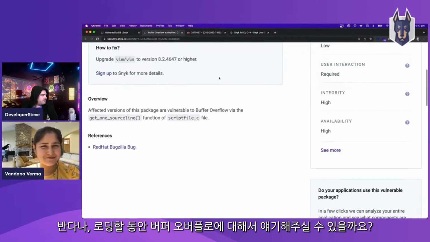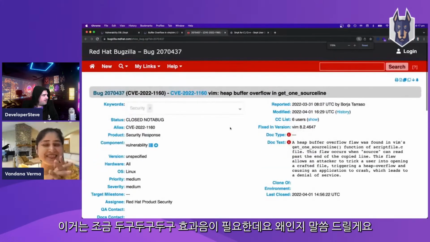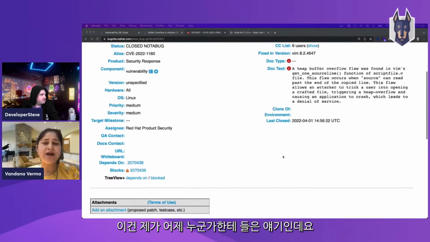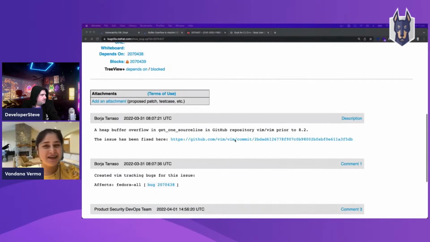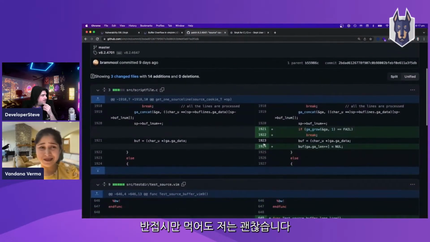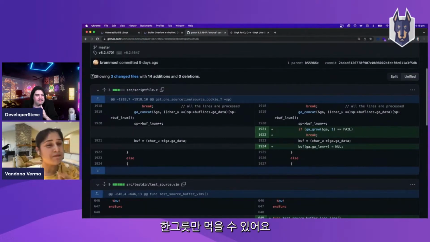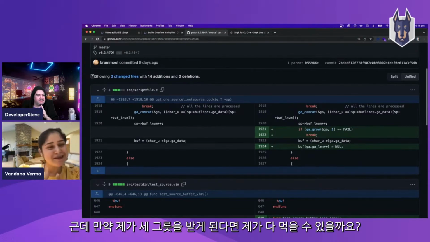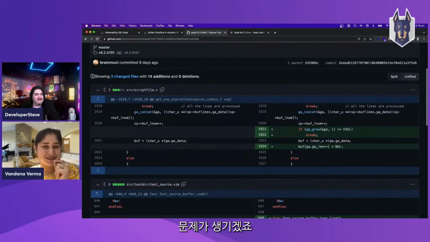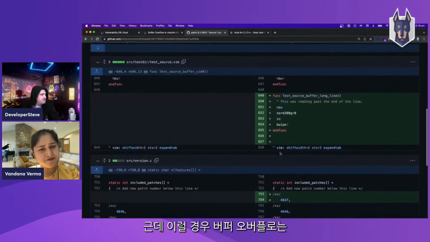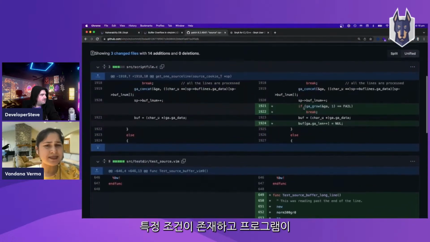What can you tell us about buffer overflow, Vandana, while that's loading? This needs a drum roll. I'll tell you why. A buffer overflow happens when there's a huge amount of data being flooded to the memory. Think of it like food: if I eat 2 plates every day, I can manage half a plate or 1 plate, and 2 plates is sufficient and filling. But if I get 3 plates, can I have it? No, there will be issues. I can only eat a certain amount of food. I have a certain capacity. But what happens with buffer overflow? There are certain conditions that exist, and a program starts